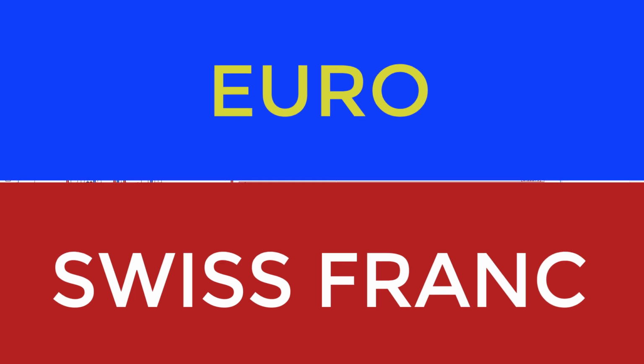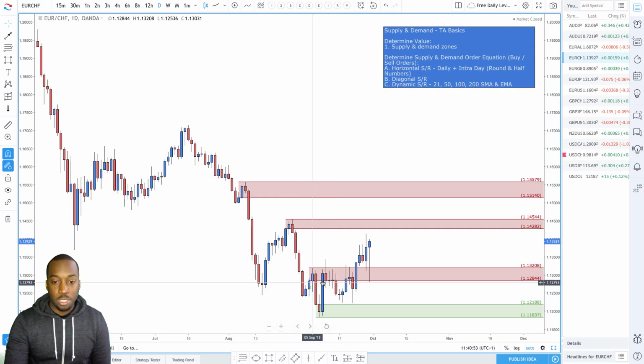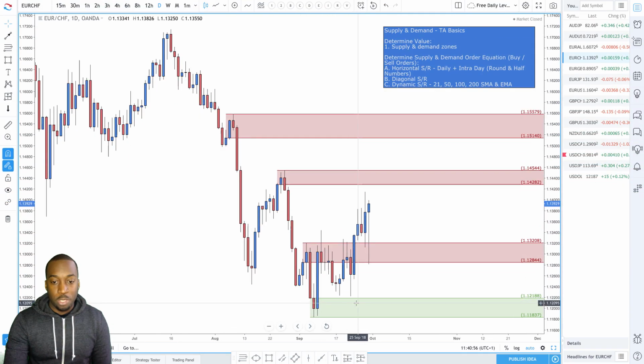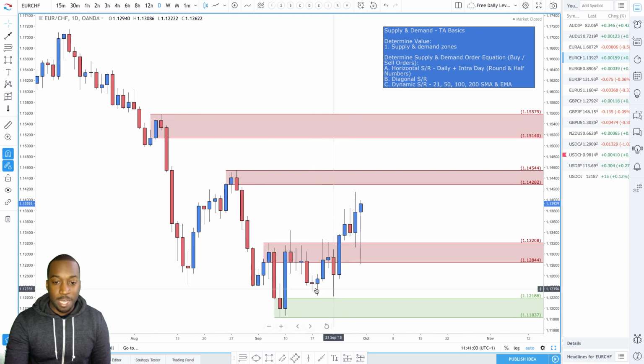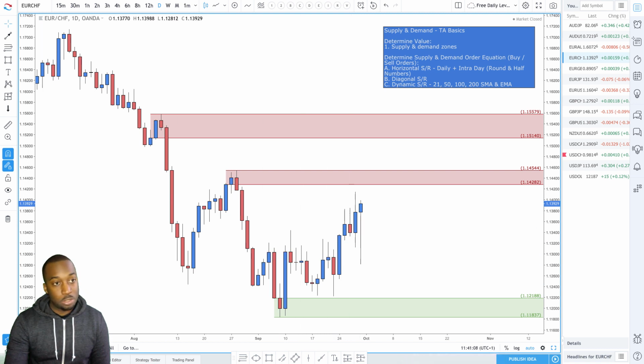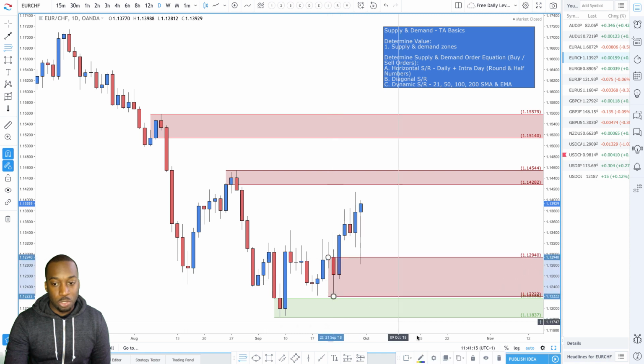Euro Swiss. I've really wanted to get long in this demand zone, but we just didn't come down into this area here, unfortunately, and prices have gone on their merry way. We can delete this area here, and we did create higher highs, higher lows. This was a demand zone right here,